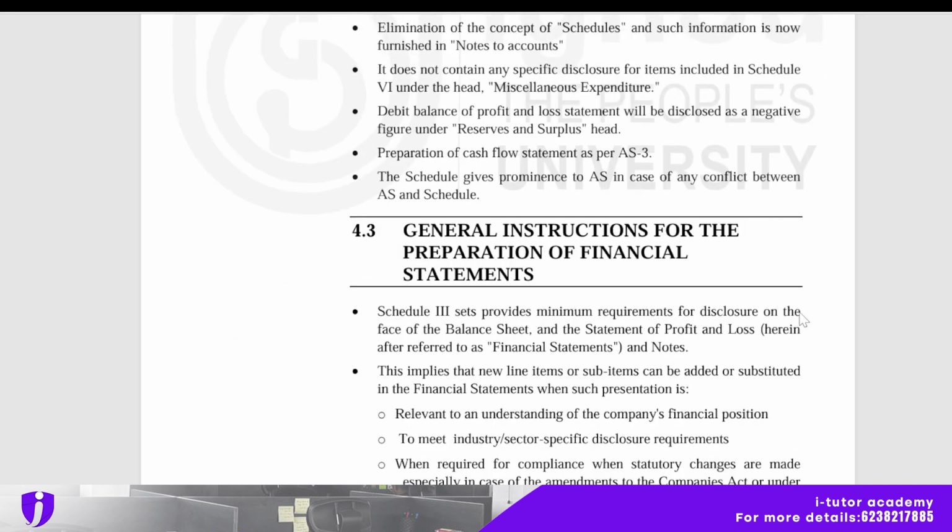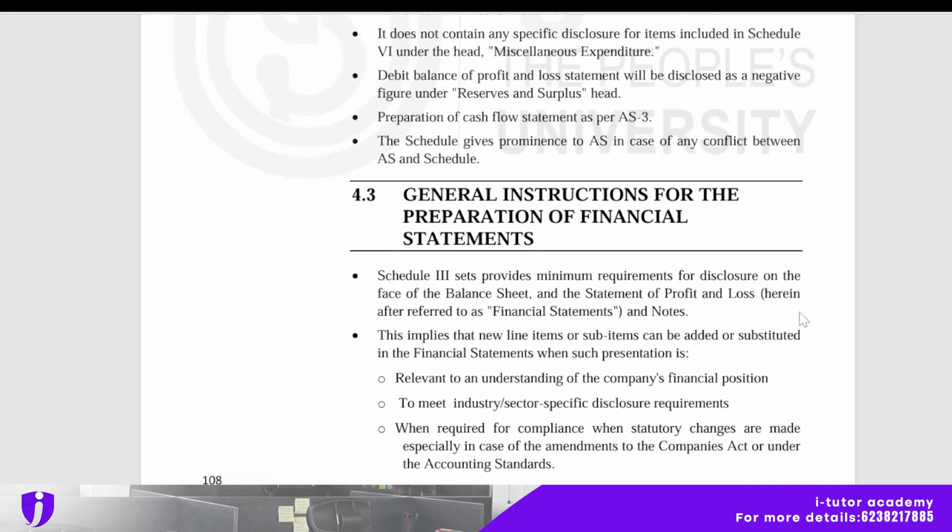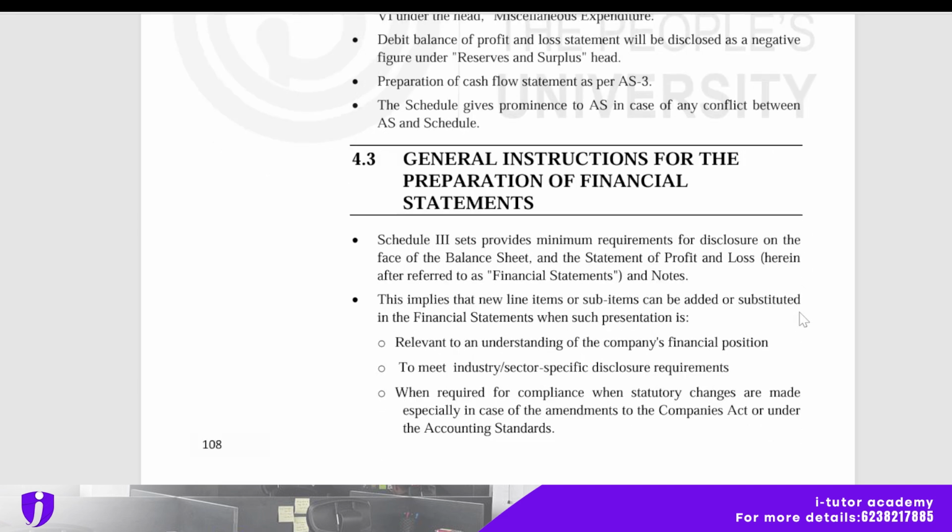And next is general instructions for the preparation of financial statements. Schedule 3 sets provide minimal requirements for disclosure on the face of the balance sheet and the statement of profit and loss, hereinafter referred to as financial statements, and notes. This implies that new line items or sub items can be added or substituted in the financial statements when such a presentation is relevant to an understanding of the company's financial position, to meet industry or sector specific